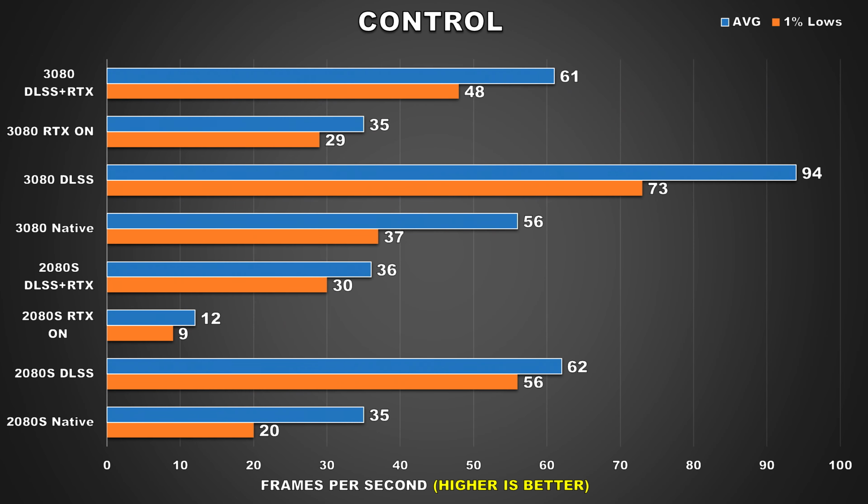Next up, we've got Control, and this is another title that's also been known to be pretty demanding, as the 3080 here only manages an average frame rate of just 57 FPS, which is 60% faster than the 2080 Super using the native settings, and the 2080 Super in that regard is also struggling at 35 FPS average and 20 for the 1% lows, meaning you're going to have a very hitchy experience, and while the 3080 is substantially better,